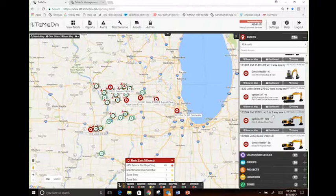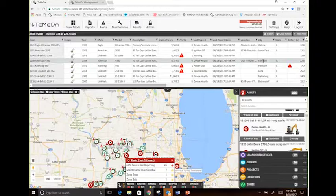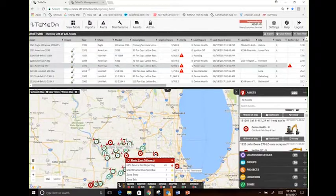The big ways that customers use TeMeDa to really manage that mixed fleet is, I think most folks understand the accordion. There's a fairly new piece of technology we've added to the application late last year called the grid. The grid is this piece right here. The grid operates roughly like Microsoft Excel. So the grid will allow customers to sort through different makes, different models if they want to see engine hours, where they are, what job sites. They can sort and filter throughout this piece of software,